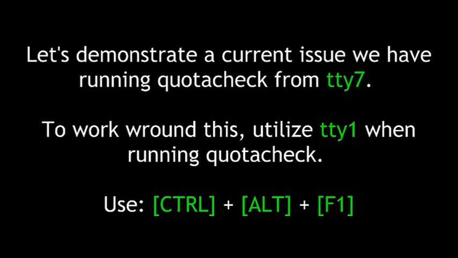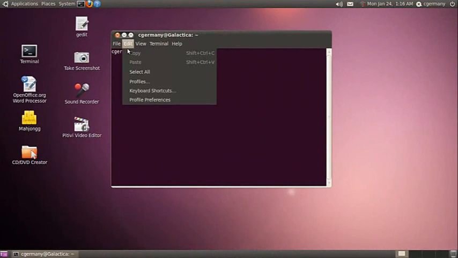from TTY7. To work around this, utilize TTY1 when running quota check. To do that, press Control and Alt and then F1 to go to TTY1. When you're done, press Control Alt F7 to go to TTY7. Now that I'm logged back in,